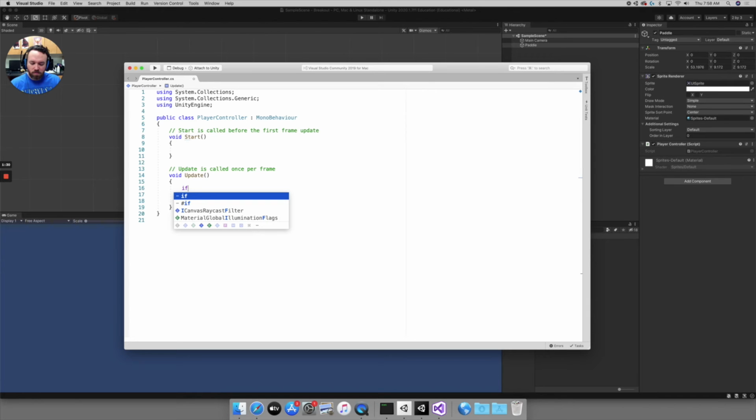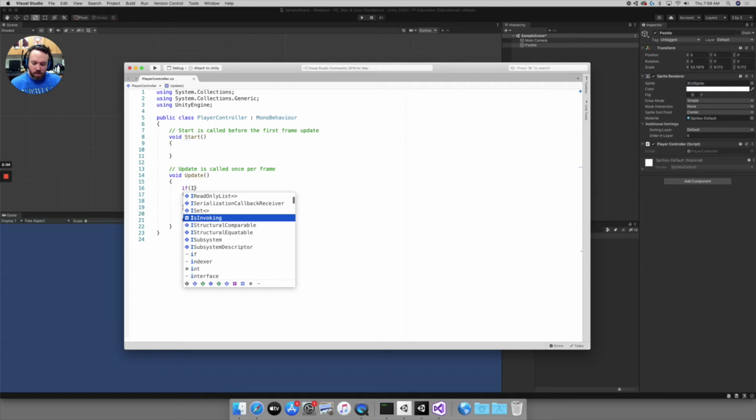The way these are set up, you type in the word if, you have parentheses. In these parentheses, you have a condition. This is again pseudocode. This isn't going to work as it is. And then if that condition is true, then inside of curly brackets, you can run some code. The condition that we're looking for is if the player presses a specific button. And to do that with Unity, we say if Input.GetKey